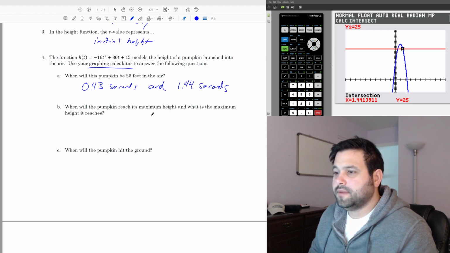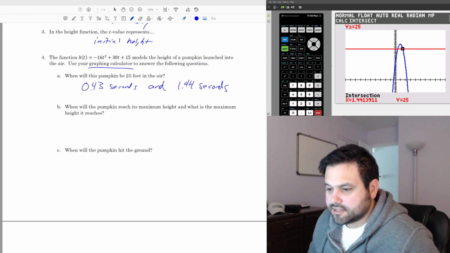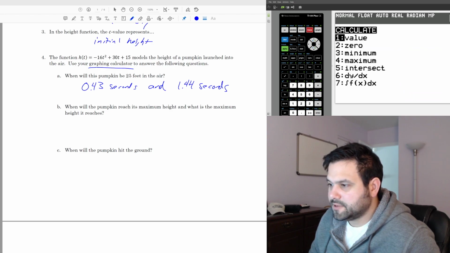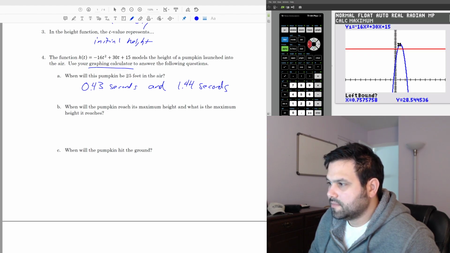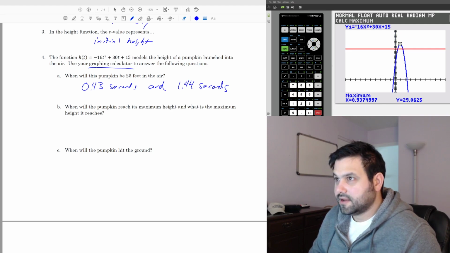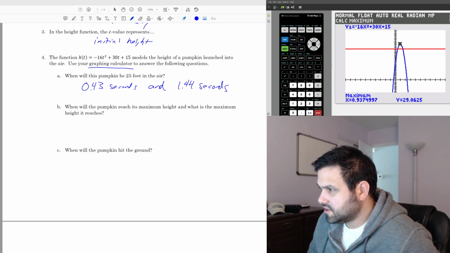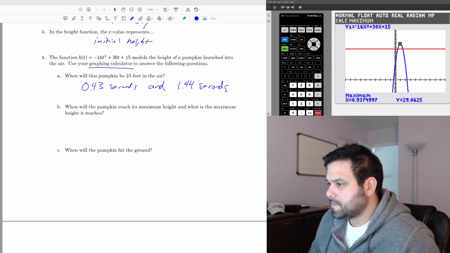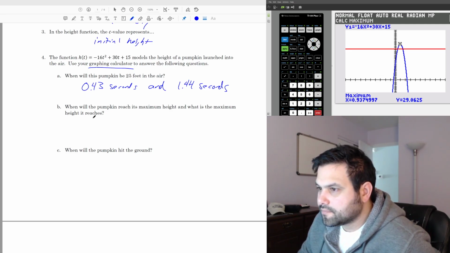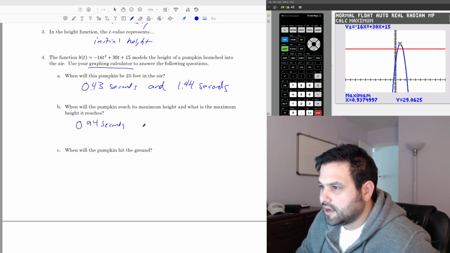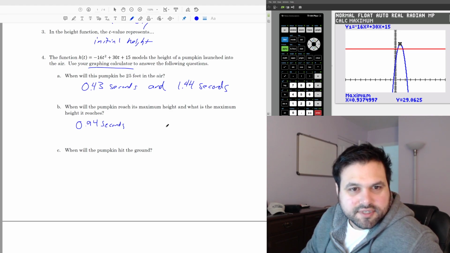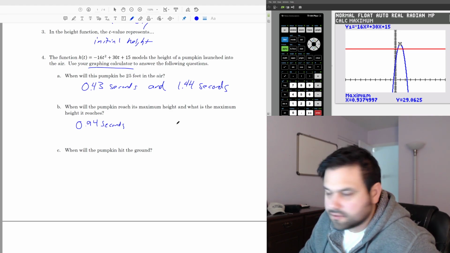When will the pumpkin reach its maximum height, and what height is that? So we will do second calc maximum, and we want to be on the left side, hit enter, and then we want to be on the right side, hit enter, and enter one more time, and we see our maximum. So we got 0.94 seconds and a height of 29.06